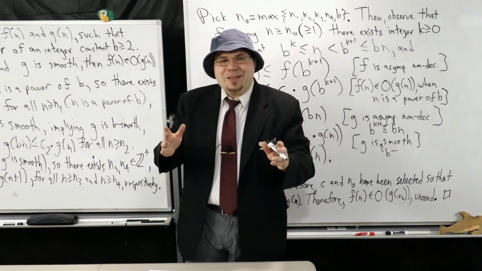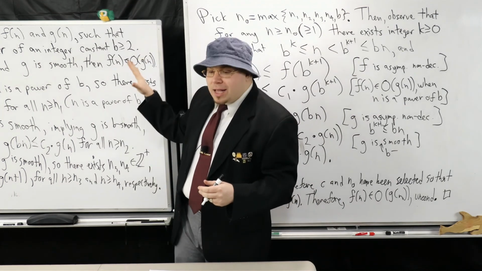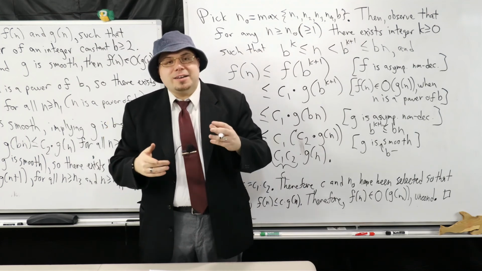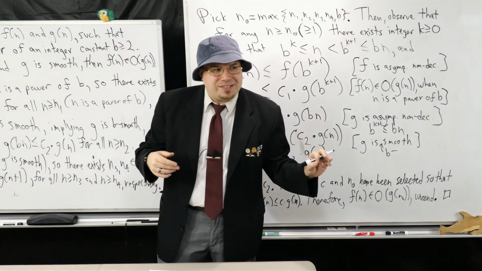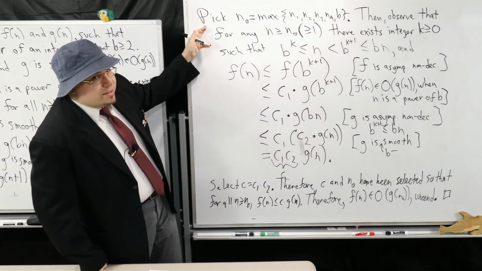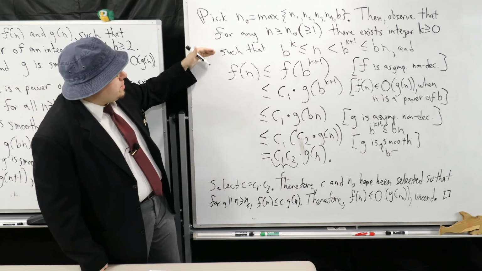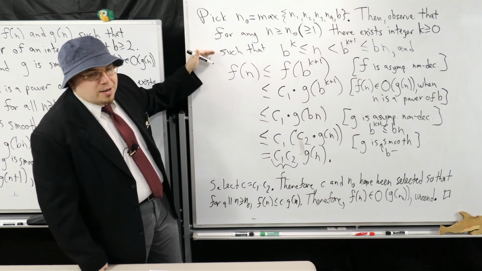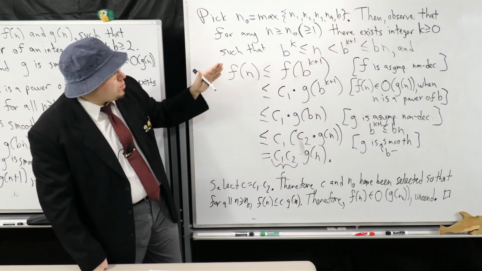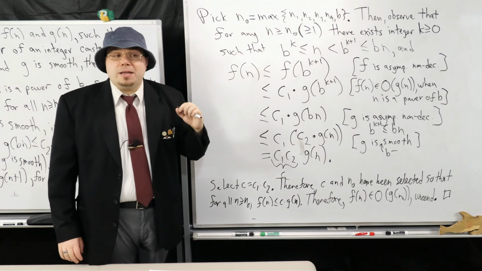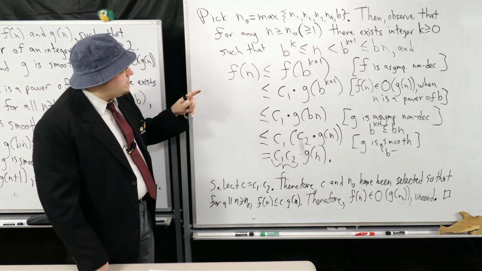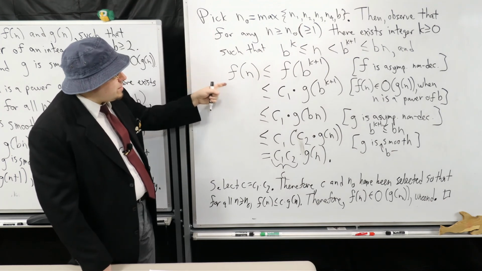Boom. Piece of cake. So remember, the whole idea here is I created some setup where I invoked each one of the definitions to get constants, all those different values for C, and I had different values for n0. And then I used those by selecting n0 appropriately so that I can invoke this property where I use the asymptotic non-decreasing property of the functions to chain together some inequalities that relate a power of b to the next power of b, so I could put n in between there and sandwich them, plus chain these inequalities together based on those